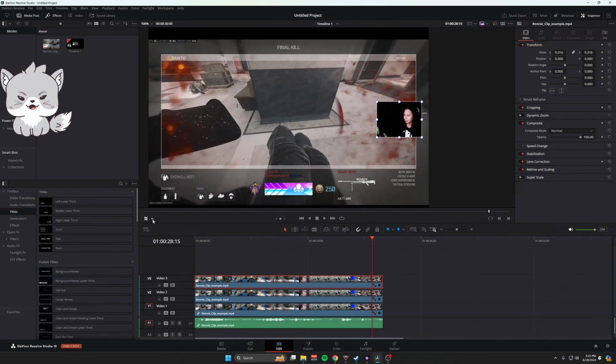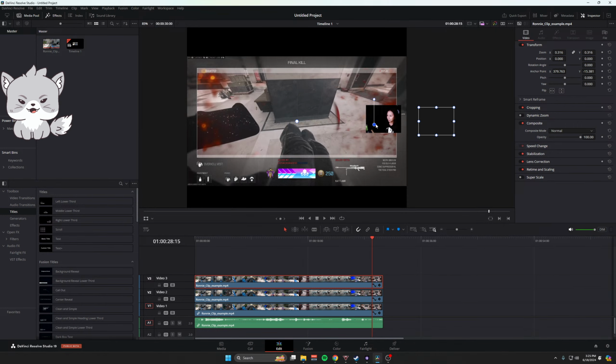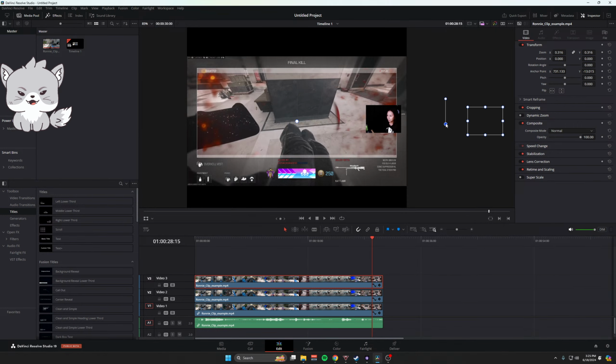So what we're going to do is go back and twirl down this menu again, and go to transform. Now that we're back at transform, the first thing we want to do, and this is important, make sure that we can see this handle here. We're going to grab the bottom one and move it over until it matches Ronnie's